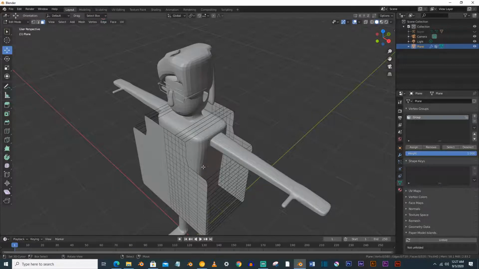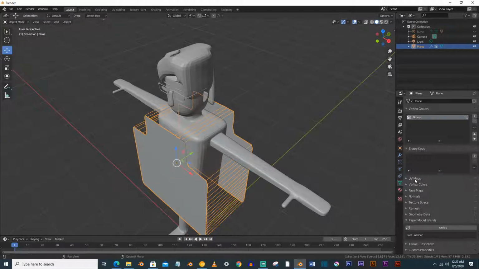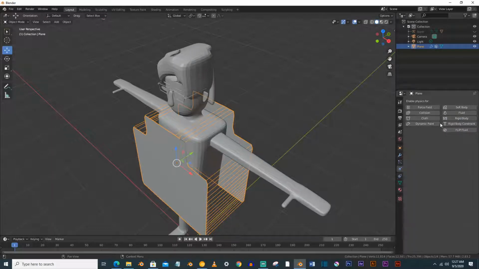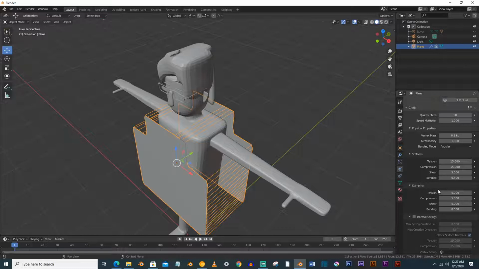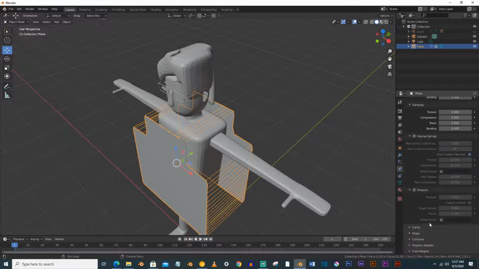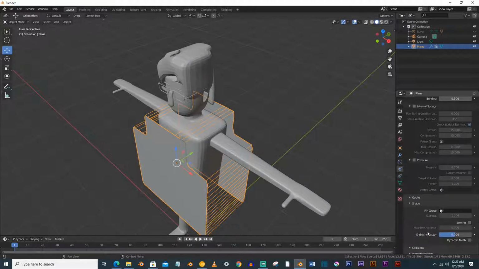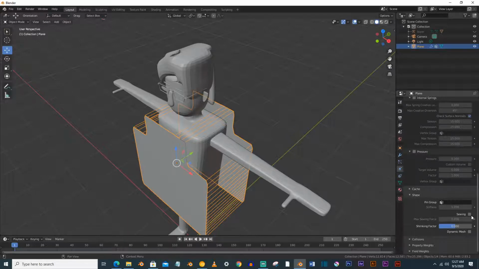So now we have to go to the physics tab, go to the cloth option and increase the quality of the cloth to 10, and these settings are just fine here. Go down and click on the shape option, enable swing here and increase the value of max swing force.